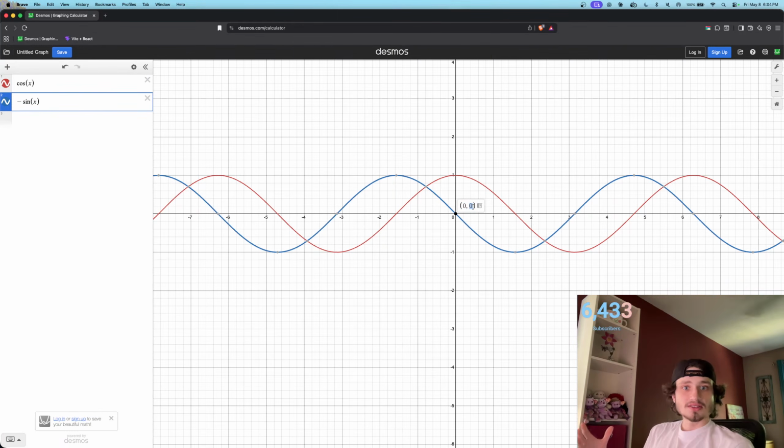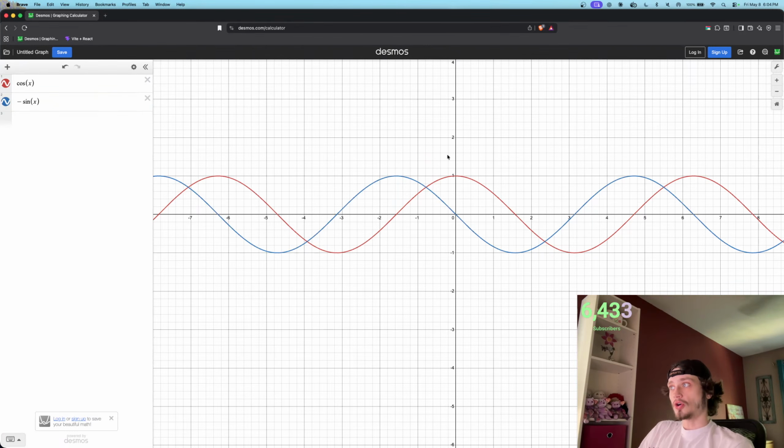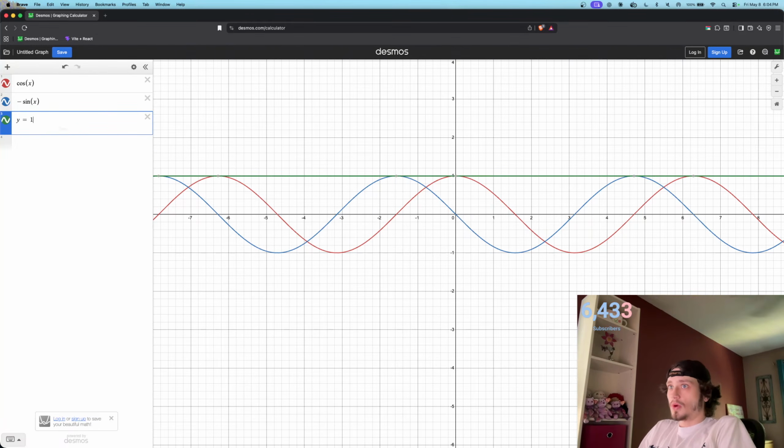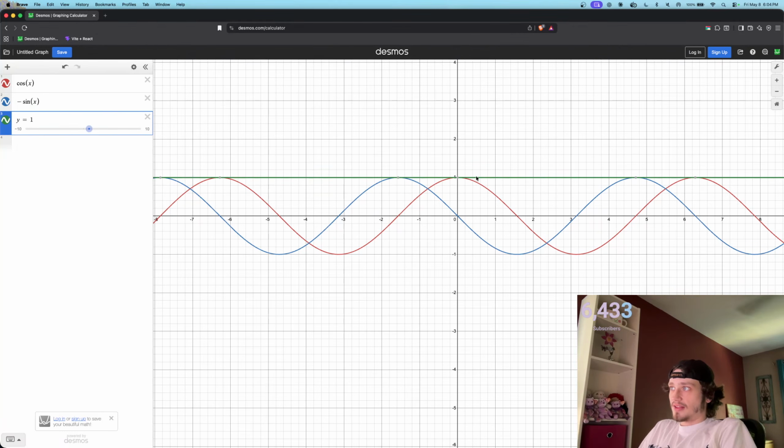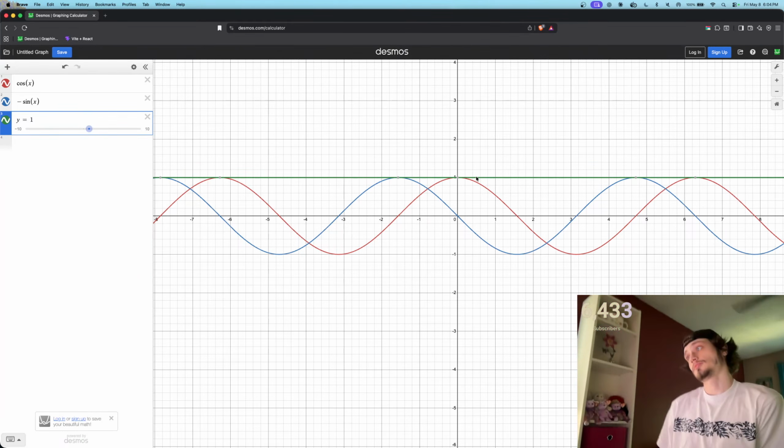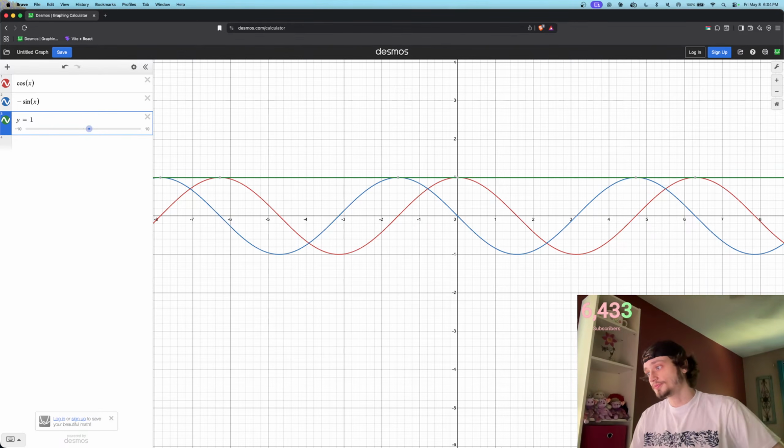What does that tell us? The slope for cosine x is 0 at x equals 0, right? Which makes sense because here it is, and the slope is 0. It's a flat line, right? If I do y equals 1 here, that line is our slope. It's 0. That makes sense, right? So the derivative